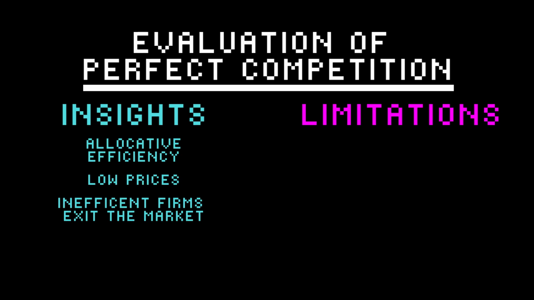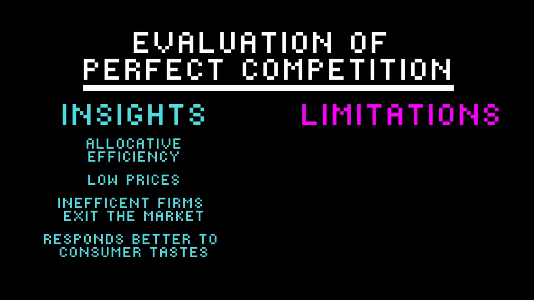competitive market. The next insight is that a perfect competition market structure responds better to consumer tastes. As you know, changes in consumer tastes and preferences are a non-price determinant that shifts the demand curve. But in a perfectly competitive market, remember price is equal to demand, so a shift of the demand curve will also shift the price at the same time. This will cause short-run abnormal profits or losses, encourage more firms to enter or exit the market, changing the supply and therefore the long-run equilibrium that will reflect what the consumers want. No other market structure can respond as efficiently as perfect competition.